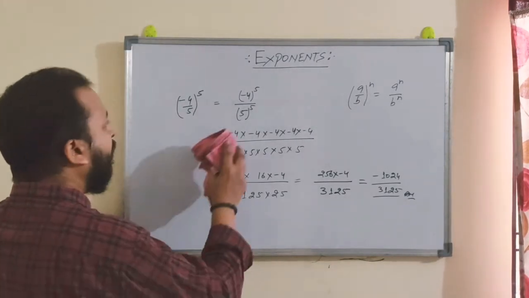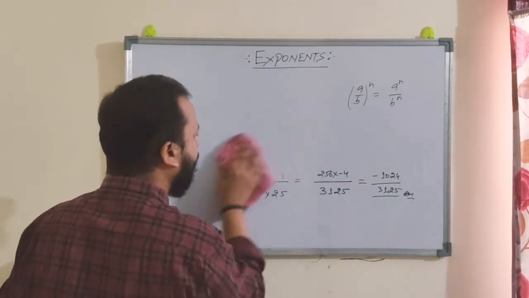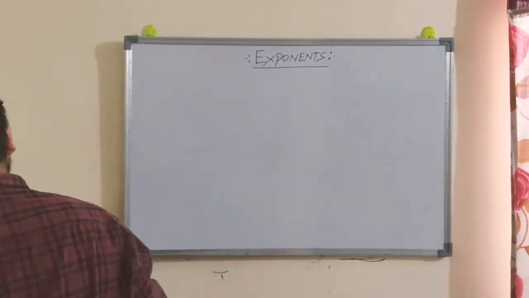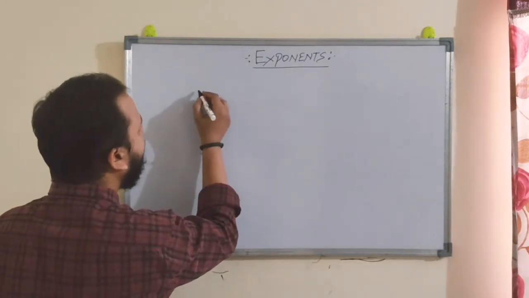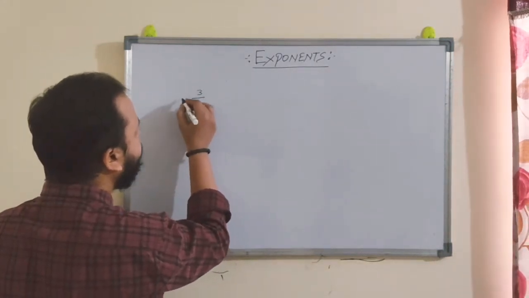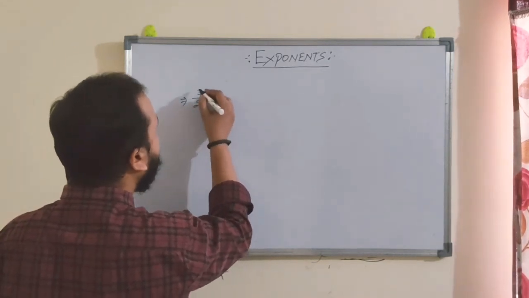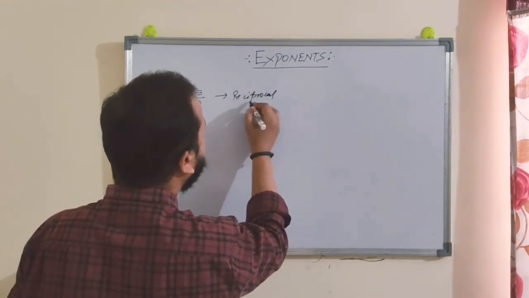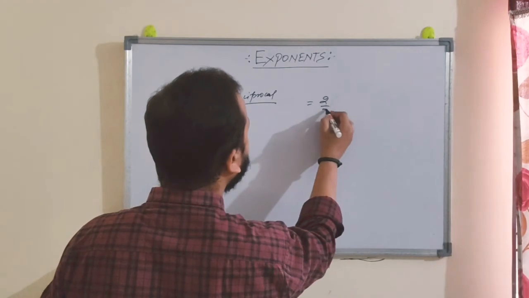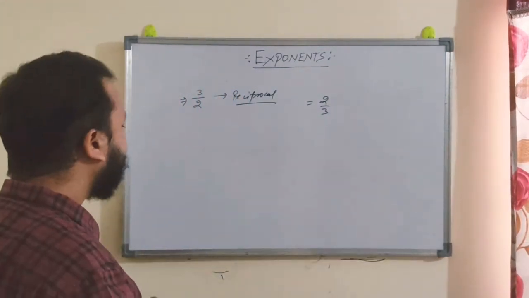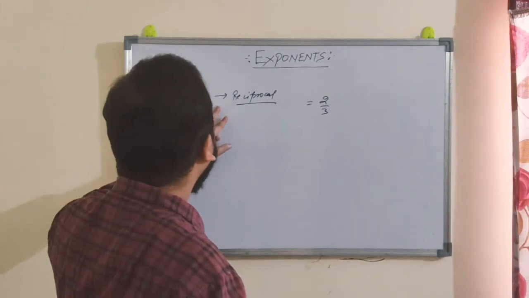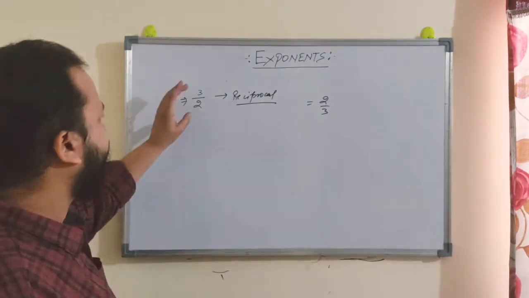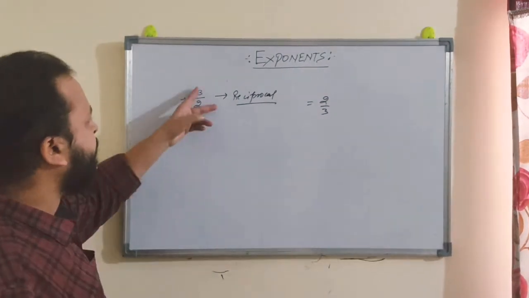Now come to the reciprocal of any given rational number. We know that if any number is given like 3 by 2, we have to take the reciprocal. Reciprocal of 3 by 2, we know that is 2 by 3. So how did we do this? We divided. If you want to take the reciprocal, then 1 divided by this number, then you will